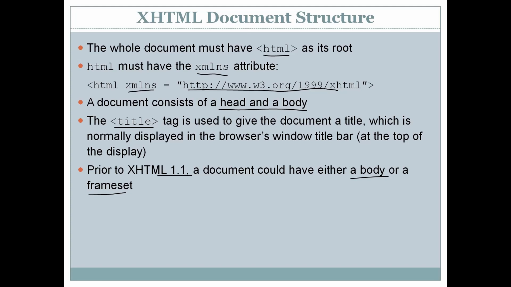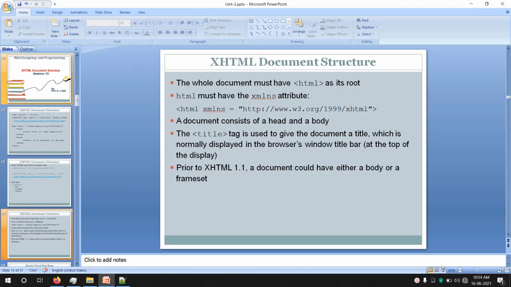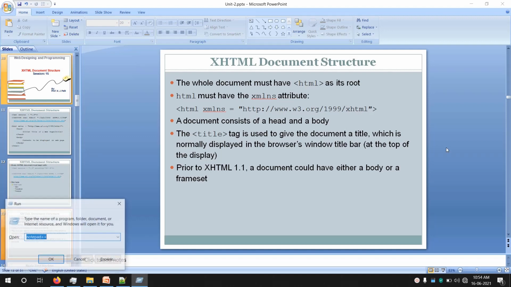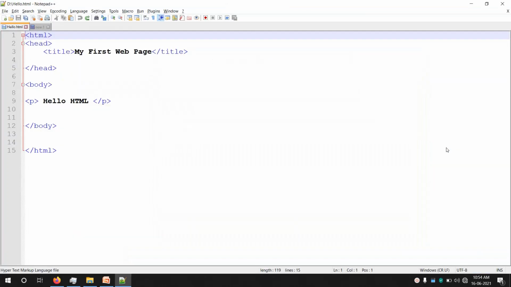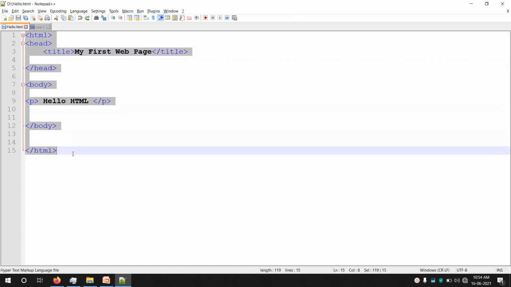So let us write a simple XHTML document to display a hello message, like we did in the case of HTML in the last session. Okay, let us write an XHTML document in Notepad++. This was our last time's document which we wrote in HTML.